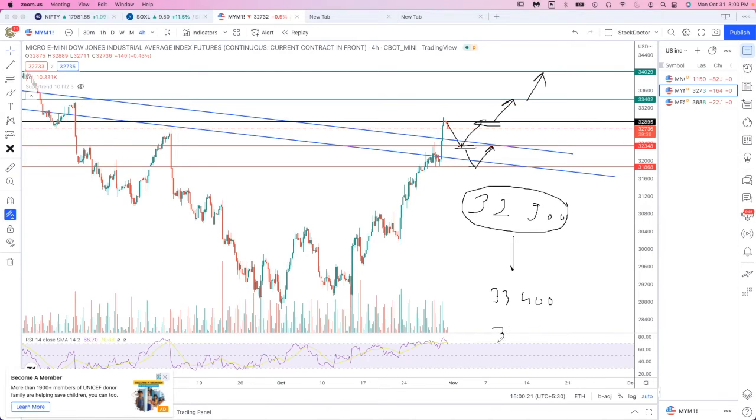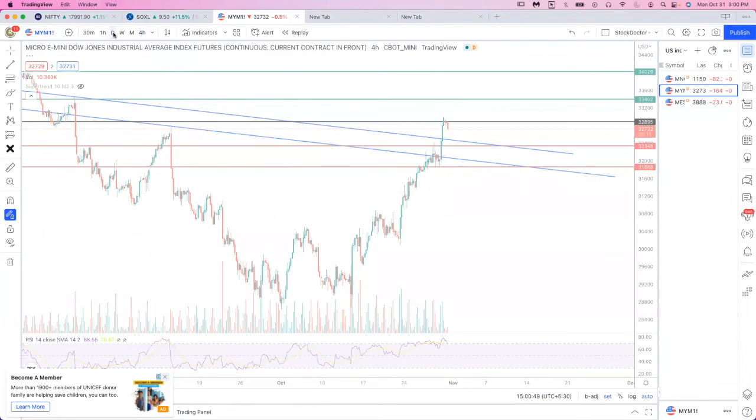These are the two targets which I am looking for, and both targets are about 500 points above the current level from where we want to buy. From 32,900 we are looking for 33,400, that is almost 500 points, and 34,000, that is almost 600 points. And if you look at the chart of the Dow Jones, it is very strong as compared to the Nasdaq. You can see here,